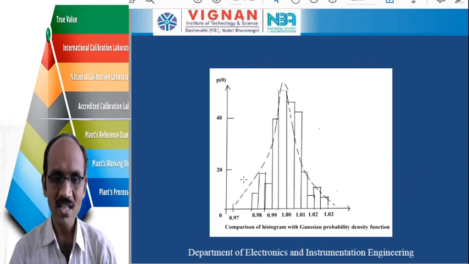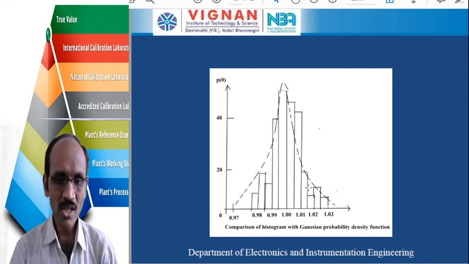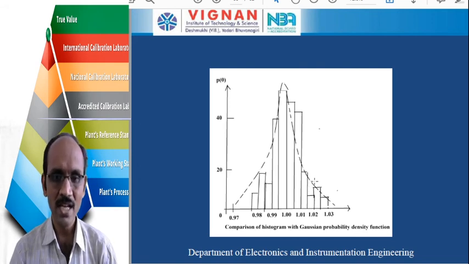Total number of trials means we compare from 0.97 to 1.03 with an increment of 0.005. How many intervals we get can be taken as the denominator of the probability. From that equation we will get the probability. Then the probability density function is equal to the probability value divided by the smallest interval that can be measured by the PT, pressure transducer, that is 0.005. That gives the probability density function.